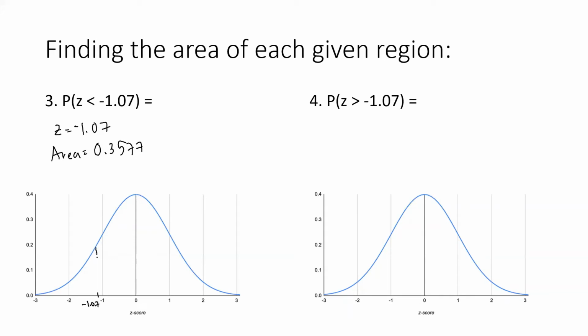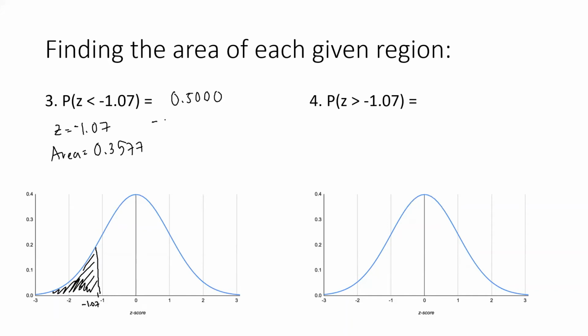So we can draw a bar to form a region. Since this is less than the negative value, regardless of the value, we're going to shade the left side, the left portion itself. Since based on the inequality, you are comparing both negative values, since all values that are less than negative 1.07 are negative, we have to subtract